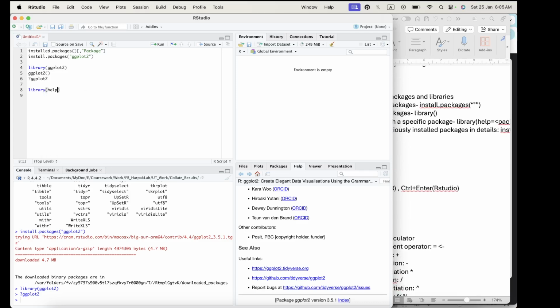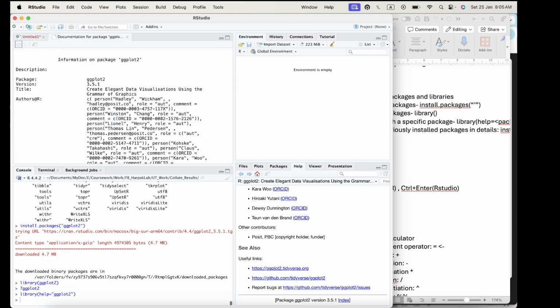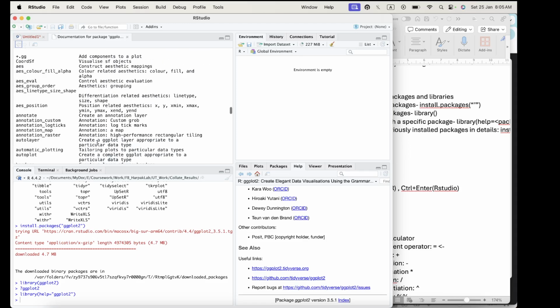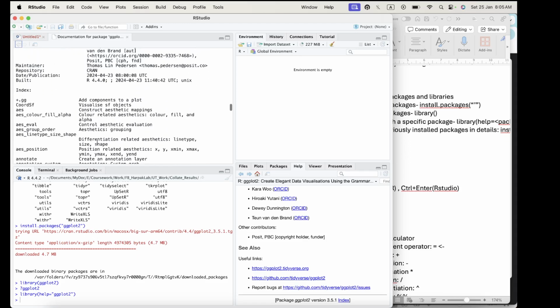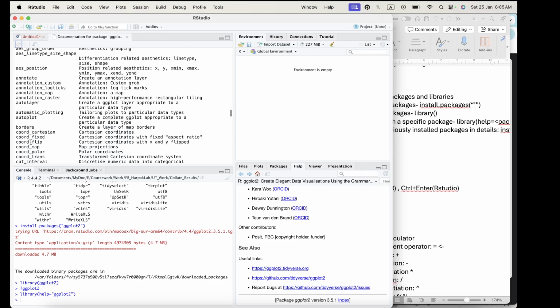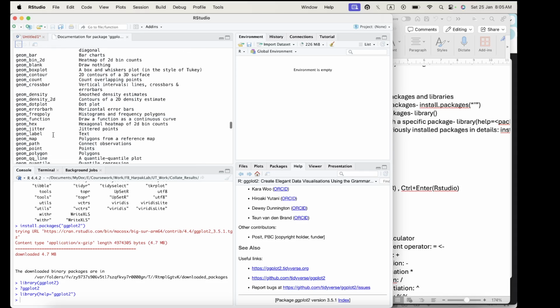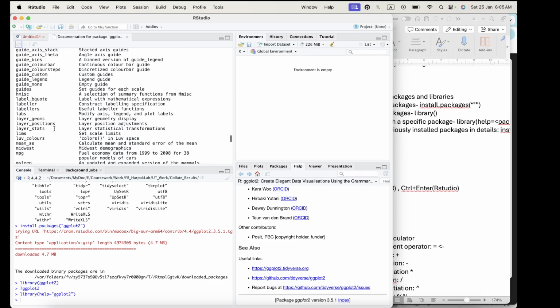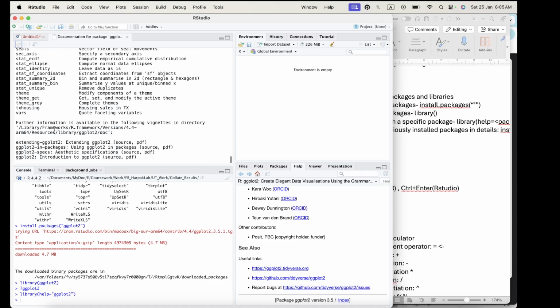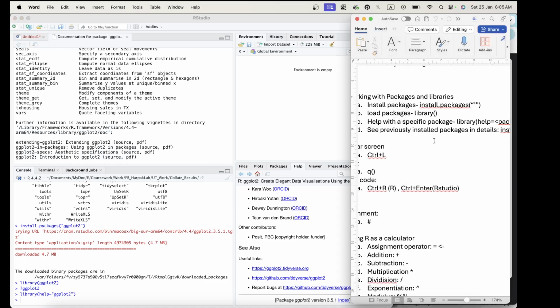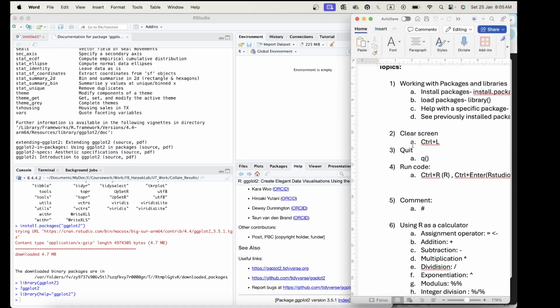You could also specify something like this: library help equal to your package name, so ggplot2. What this is going to do is open the documentation in this upper left corner, and you can see what other components you have to use along with this ggplot functionality. Okay, so once we have that,